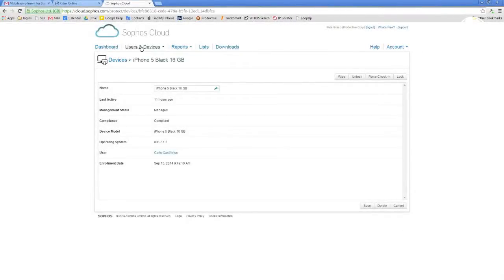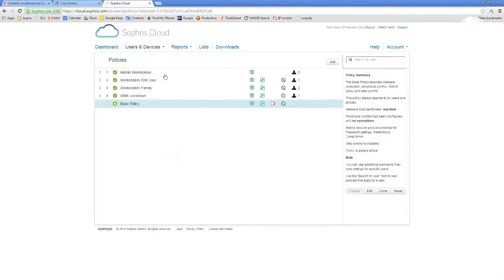Once we got our users in, now I can start doing a couple of things. And the thing that I always like to do is start by creating policies that I'm going to put users into. And you're going to start with this default policy here. Now, different from some of the other traditional on-prem products, I'm able to have a policy that controls web content filtering, my endpoint security, and my mobile device management. Now, I'm still a little bit old school, so I originally set this up where MDM was a separate policy from the endpoint security, but I don't need to do it that way.